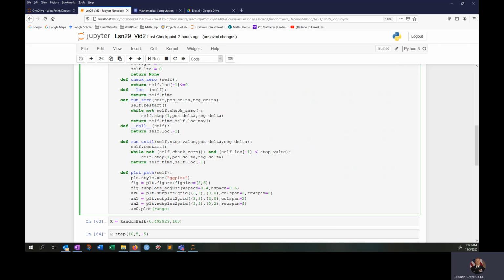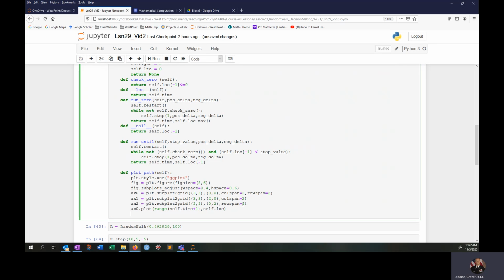So range of self.time plus 1. That's because range goes to n minus 1. So I don't want it to stop at time minus 1, I want it to stop at time. So I guess I have to put the plus 1 on there. And that's going to be our x, and our y is just going to be self.loc. And then